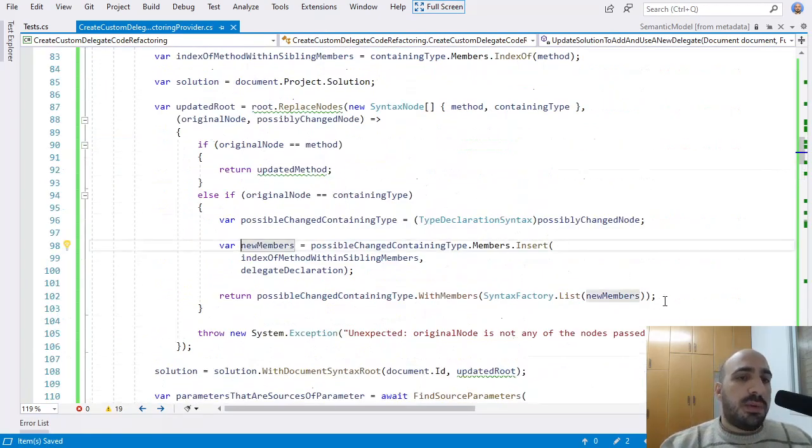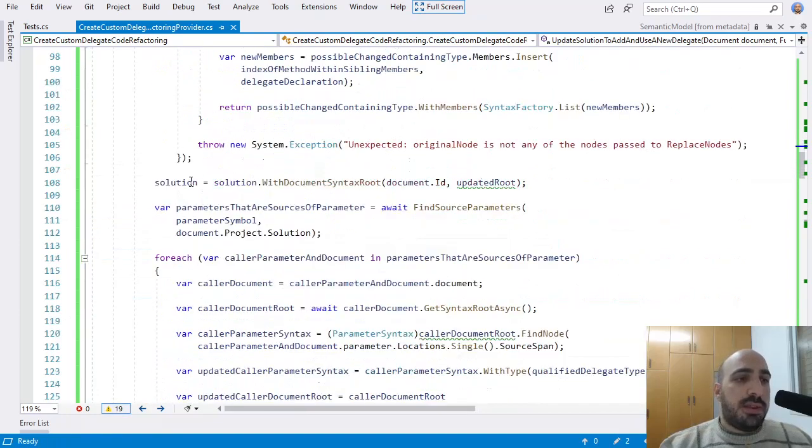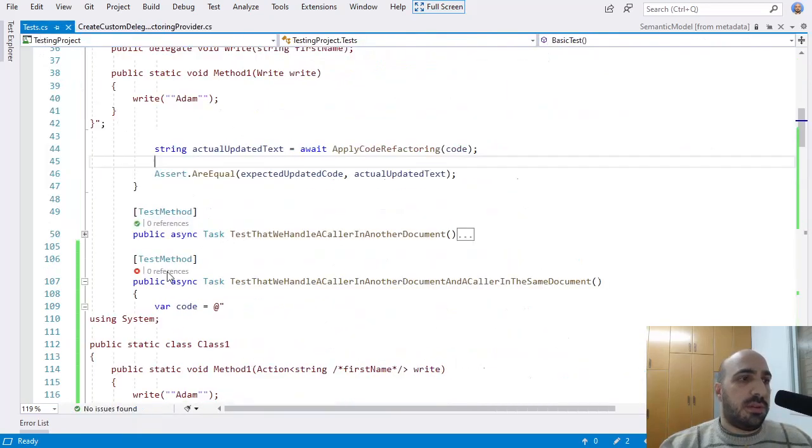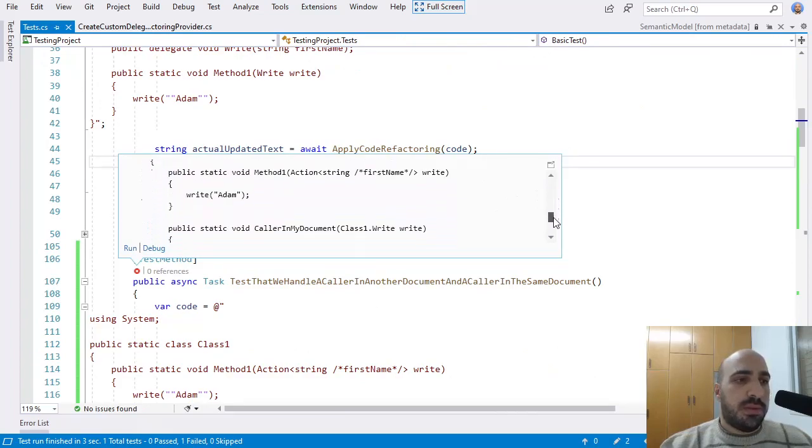So now I'm creating the delegate and updating the method, and after that I'm handling the callers, right? So let me run the test just to show you what happens. So the test still fails, and let's see the actual updated code.